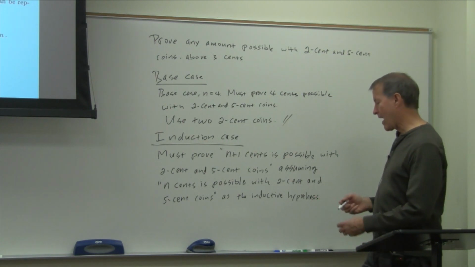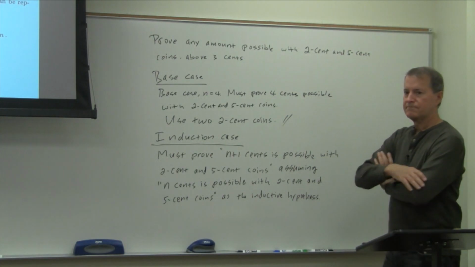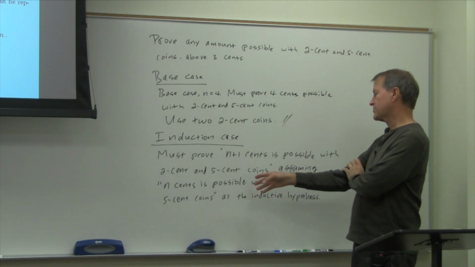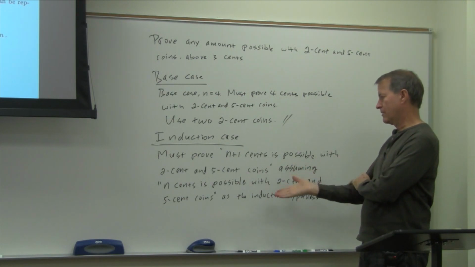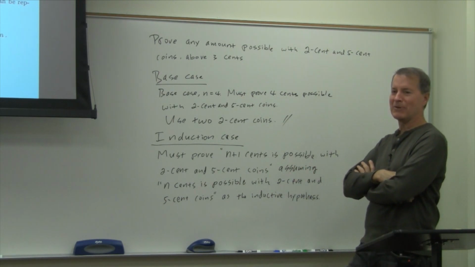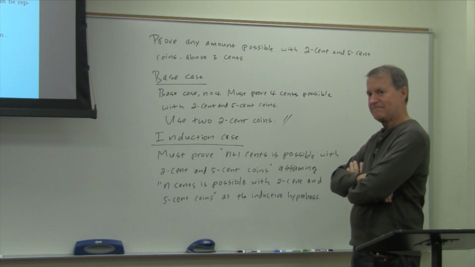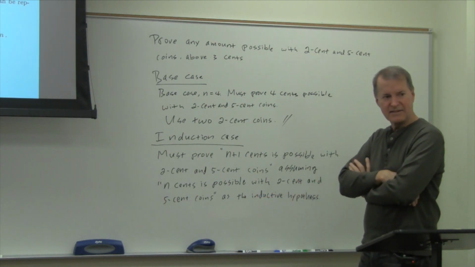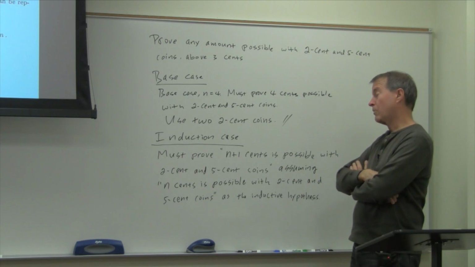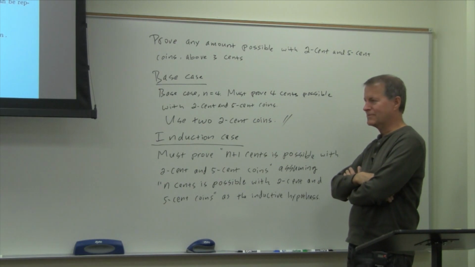All right. Now, how are we going to do this? No, this is informal. We have to do this informally. We can't prove all of them. We use the n plus 1 cents to start with. Or do we use the